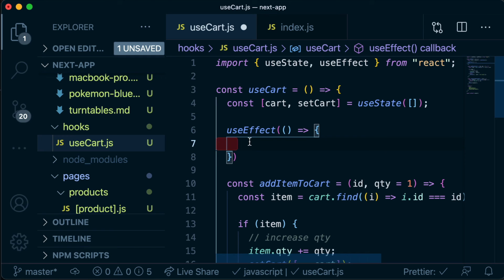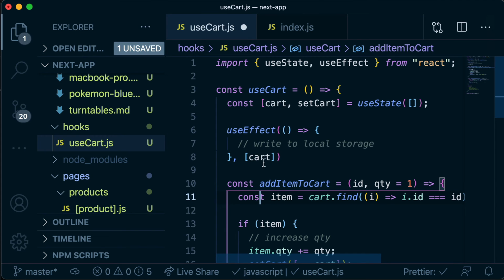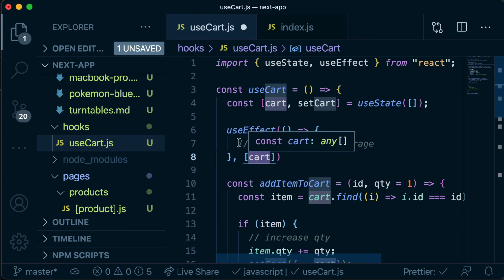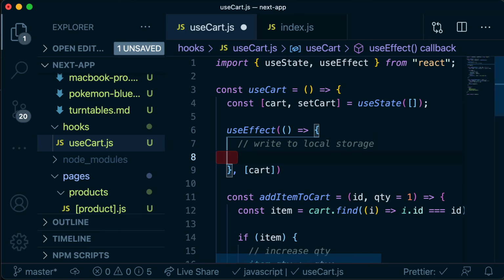And so in here is where we are going to write to local storage. And then the dependency that we want to listen to changes on is cart. So anytime cart changes, we want to go and write these to local storage again. So we can do that by saying